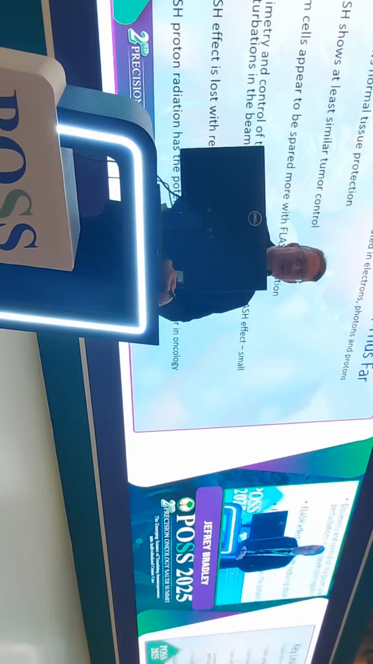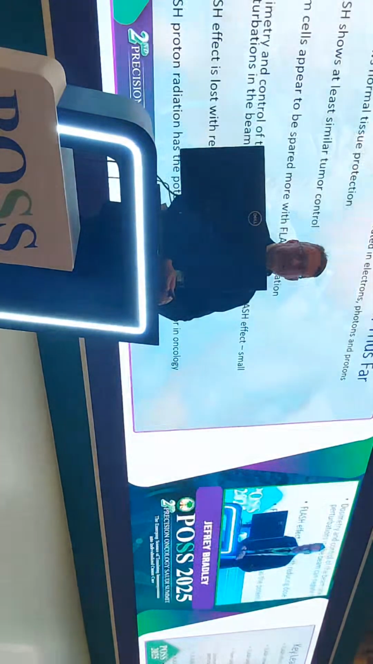One thing, the key learnings. The flash effect is real and has been demonstrated in any way where it's used, either electrons, photons, or protons. Flash shows normal tissue protection. Flash shows at least similar tumor control. I didn't show you the data, but it looks like the stem cells are spared with flash compared to X-ray